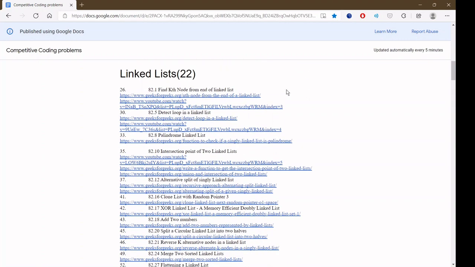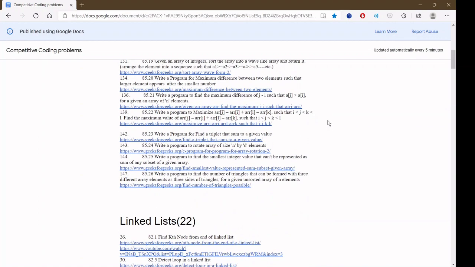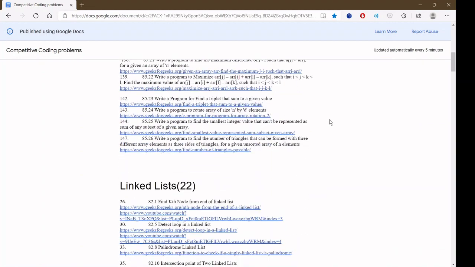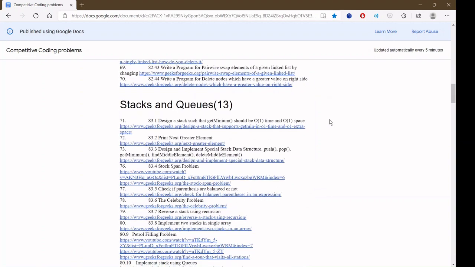And here are 22 linked list questions. These are also sorted and very good questions, and these are asked in some very good product based companies, and these are also helpful for software developers. But for data engineers also, this will help you a lot. I am also learning all of those things, so I will be sharing a lot related to this.